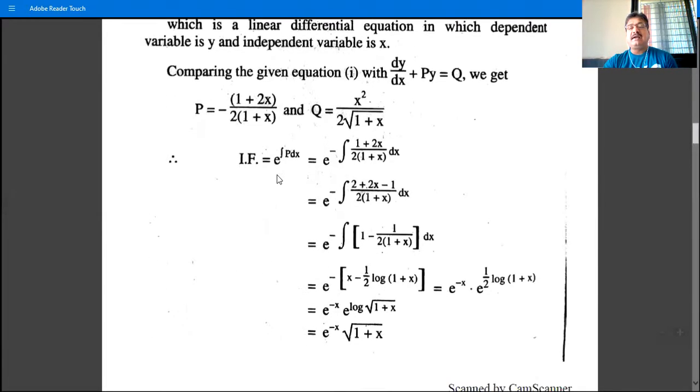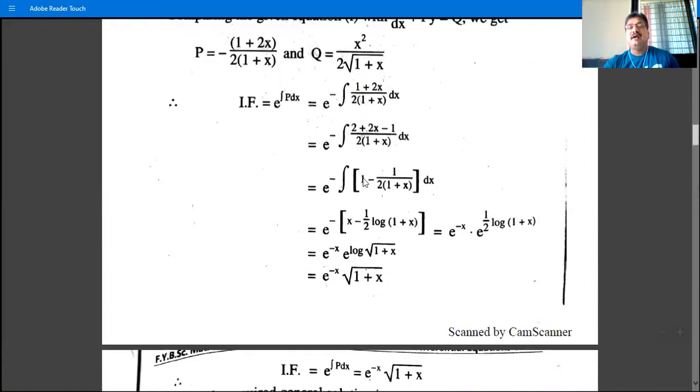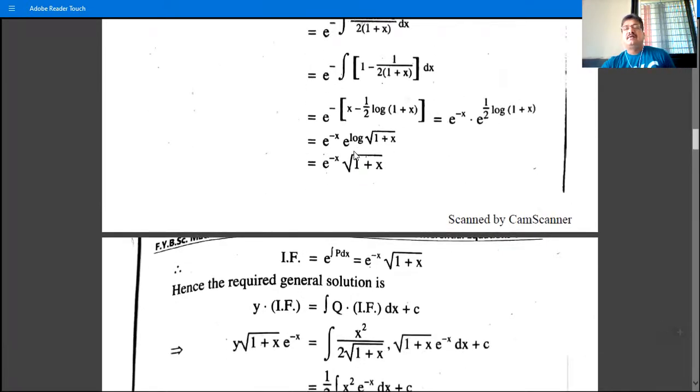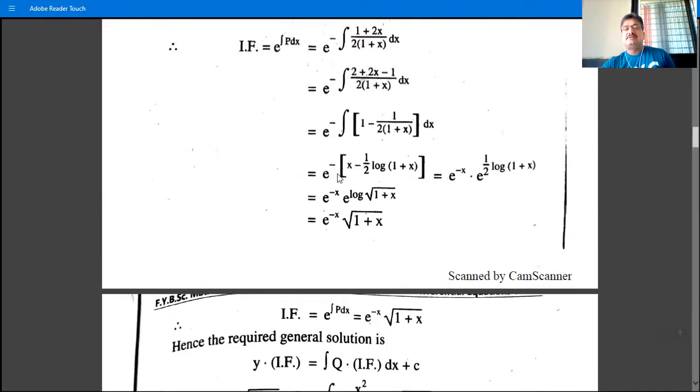And so the integrating factor I is equal to e raised to integral P(x) dx, which is e raised to minus this P(x) integral. And then add 1 and subtract 1. So write this 1 plus 2x as 2 plus 2x minus 1. So we have this as the factorization, and then the integration of 1 is x, minus 1/2 log of 1 plus x, and then this is e raised to minus x minus 1/2 log of 1 plus x, that is